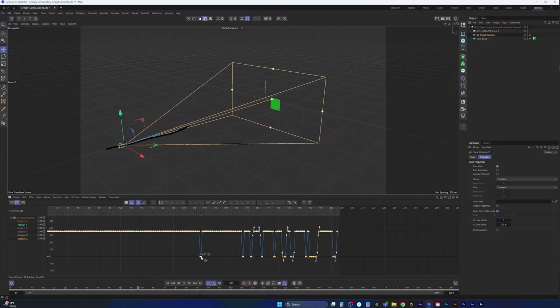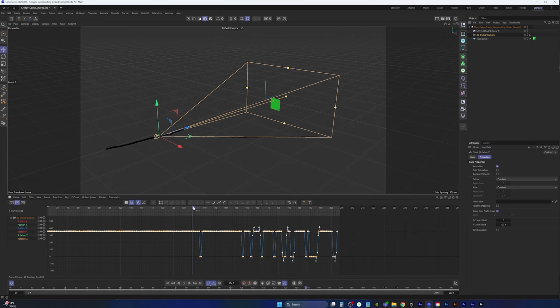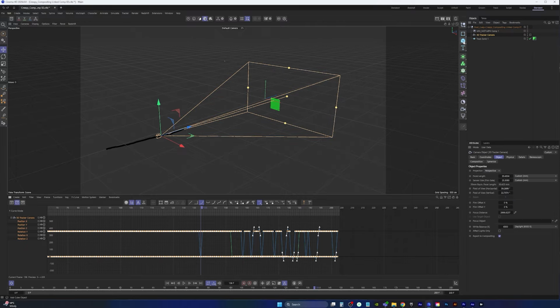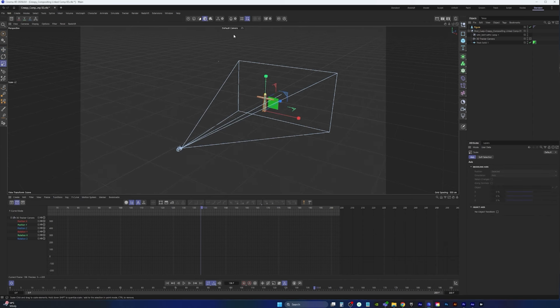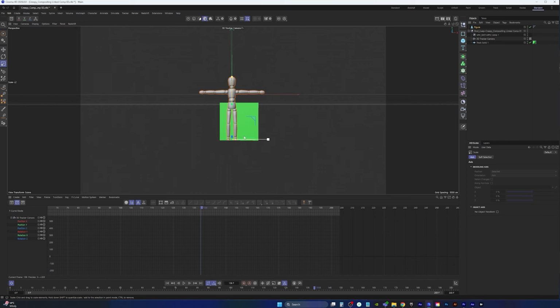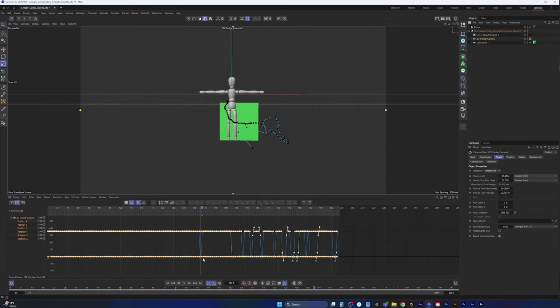And you're not going to notice it. Like, you're not going to notice it if you go to that frame. It doesn't look like anything's happening. But if you render this out, say if we grab a cube, or even if we grab a guy, and let's just scale him up. So if we go into our camera view, and if we render this out on that frame that's all messy,